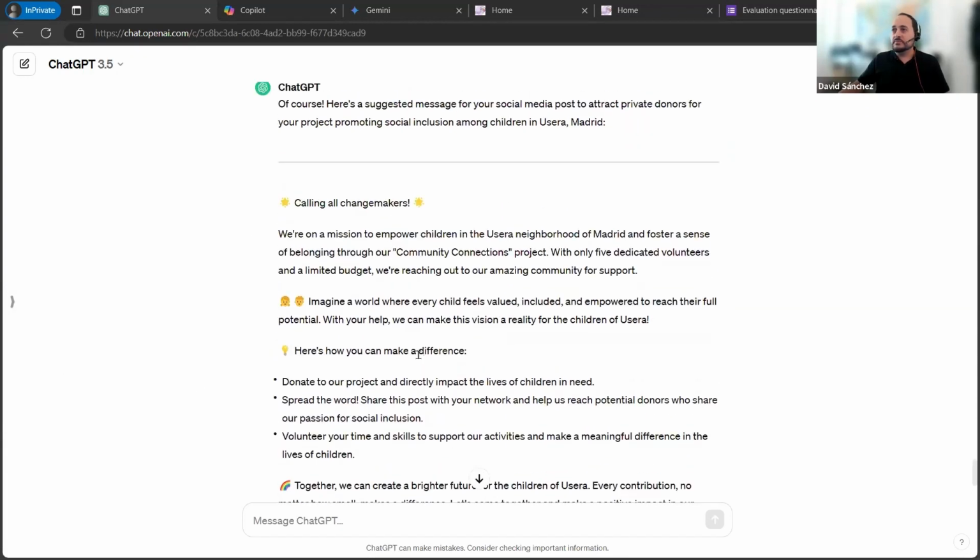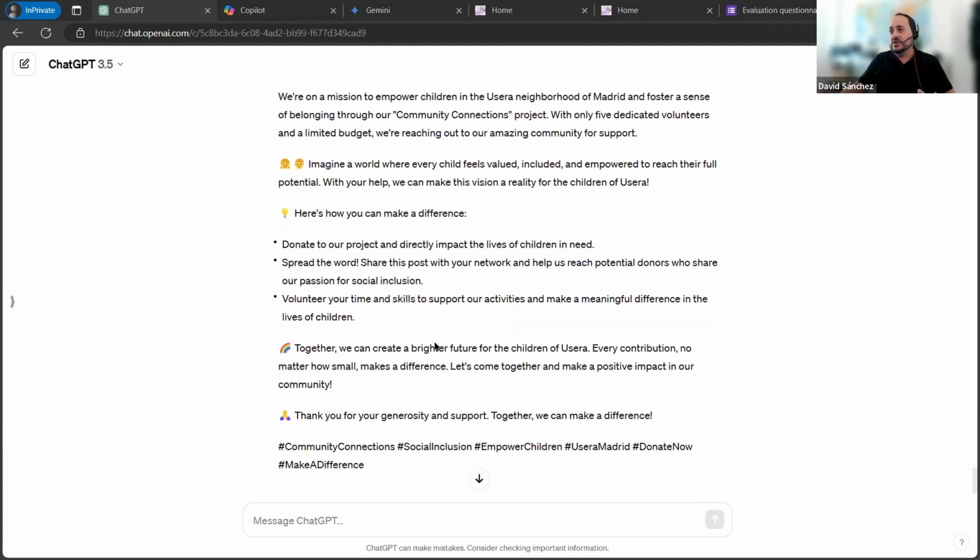So you can see we got a message that could be suitable for Facebook, for example, and you already have the emojis inserted. If you need more customization, you can ask the chat to customize it. And let's say that also now that we are working on the part of social media with our project, we